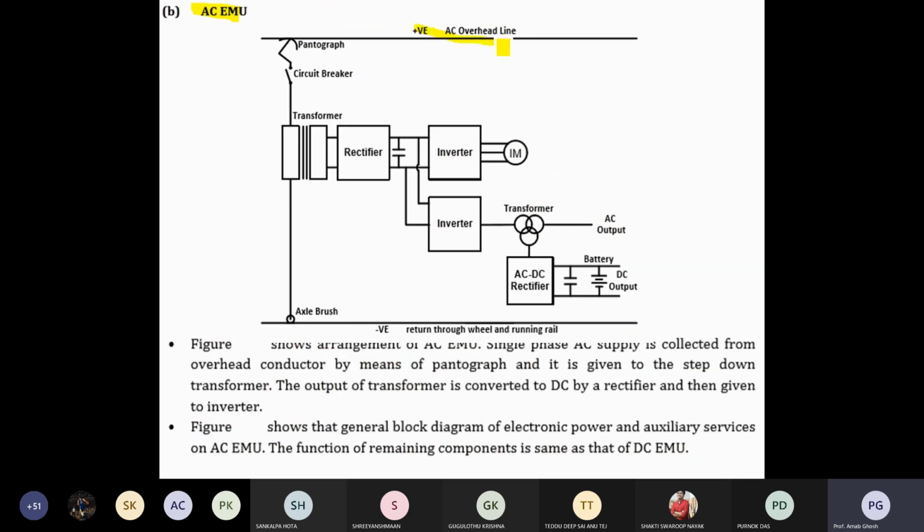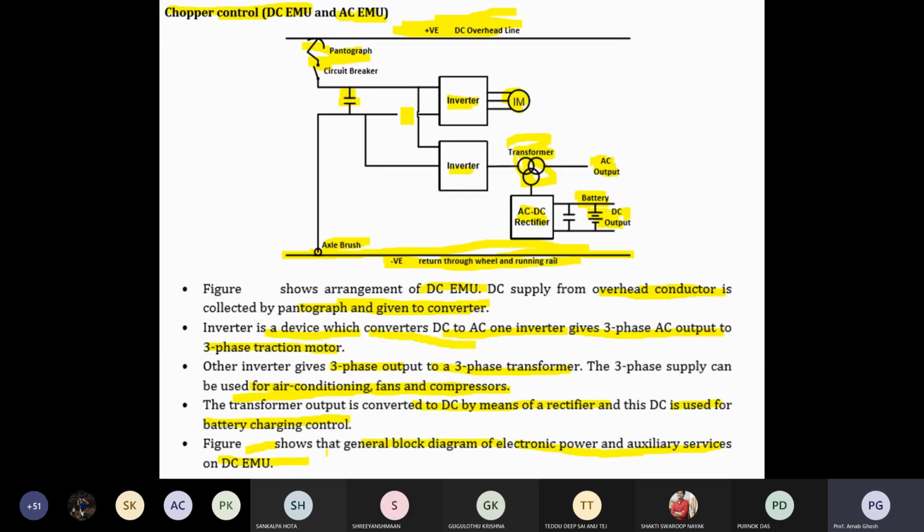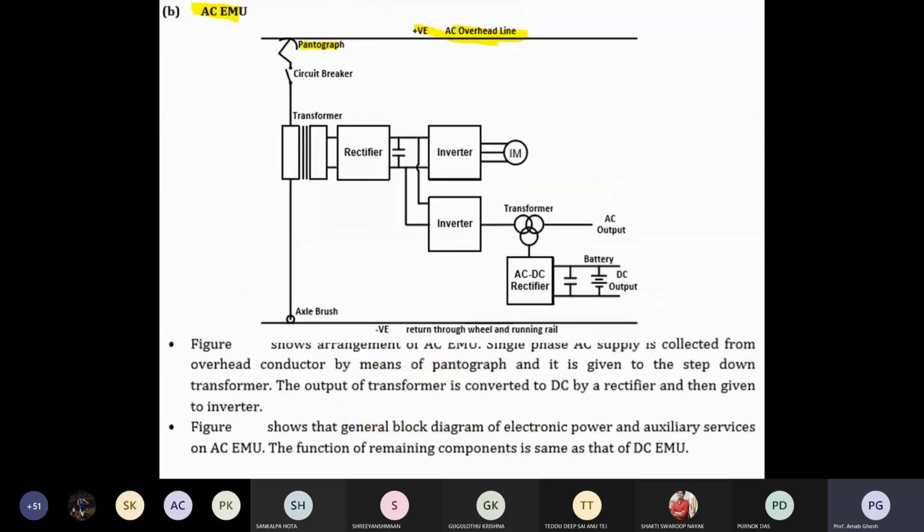So here you know that AC overhead lines are there, then the pantograph is directly connected. The same concept may work with the tram, but the tram is not directly working there. A drum type rheostat is there in the tram. DC voltage is given to the tram, so you can cut that resistance and vary the speed of the motor of the tram, and that may be responsible for the movement of the tram. Okay, right now trams are obsolete, but still we need to know the basic operations.